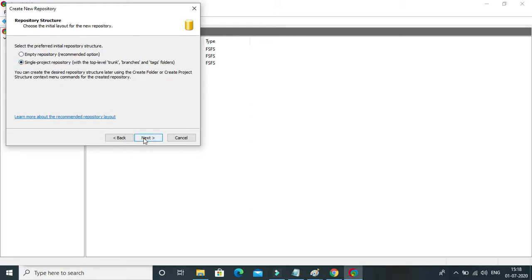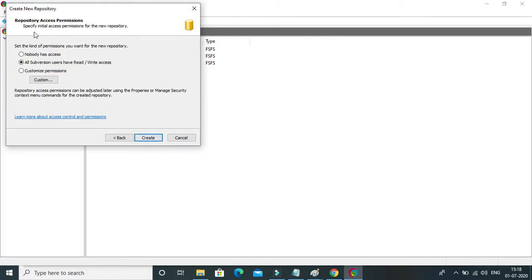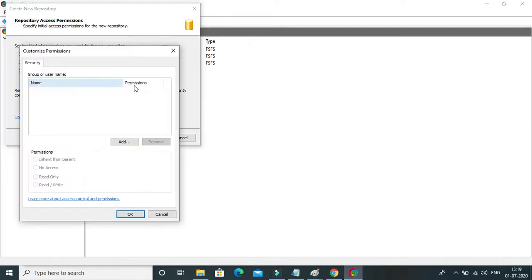Then click next. If you want to change custom permissions, for example if someone on your team is a newcomer and you don't want them to write any code, only read access, you can provide only read access. You can customize permissions also. Then we can add it.